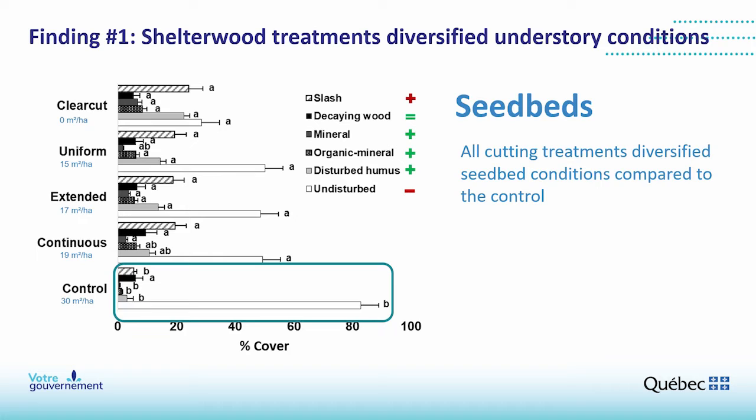So with all these cutting treatments, we were able to decrease the percent cover of the undisturbed seed bed, while increasing the coverage of favorable seed beds such as mineral, organic mineral, and disturbed humus compared to the control. Regeneration-wise,